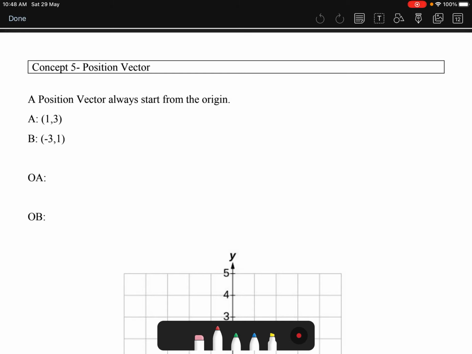Alright, so the last concept of vectors will be called the position vector. So what is a position vector? A position vector always starts from the origin. Okay, so imagine I have a